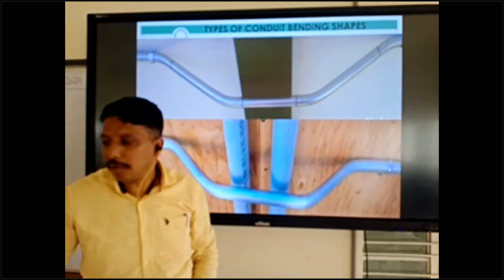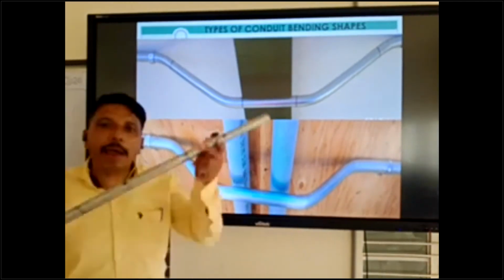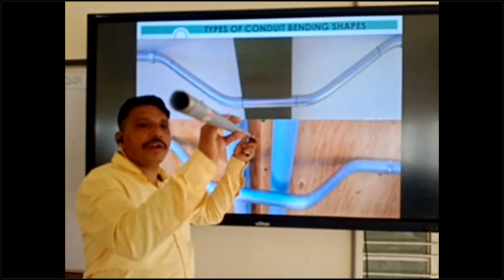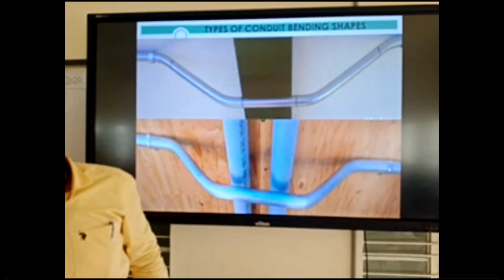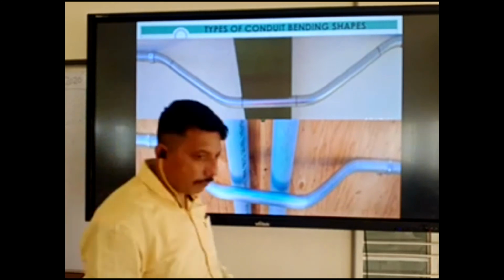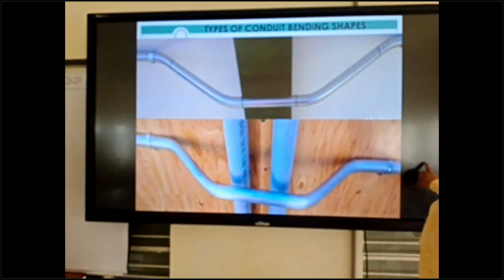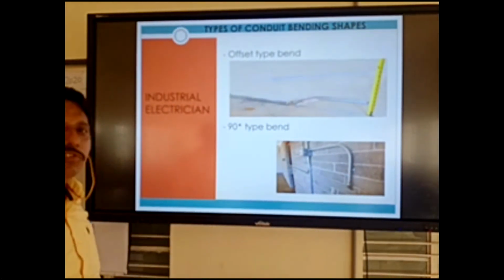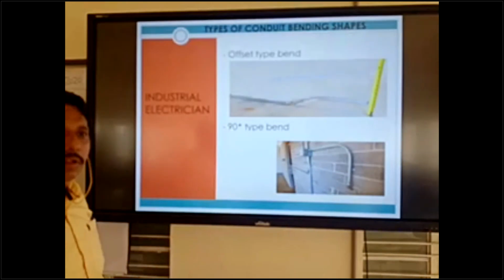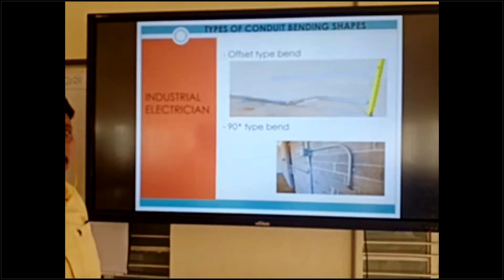The formula, I will show there. This is your pipe coming straight like that, with nothing else, so you can mark and make the bends. Another type of bend is also available. We have been talking about the small bridge and long bridge. Now, offset type bend. Offset type bends.